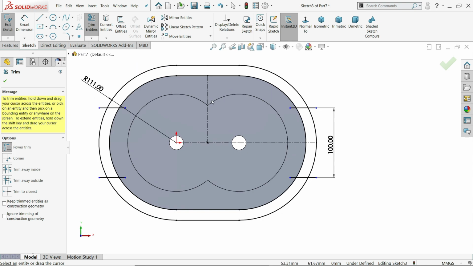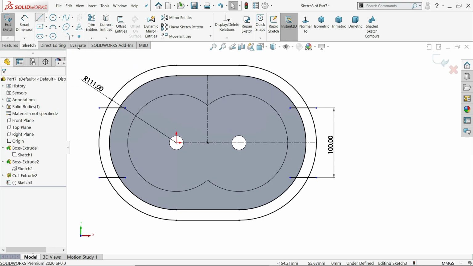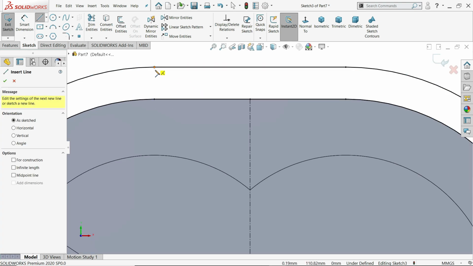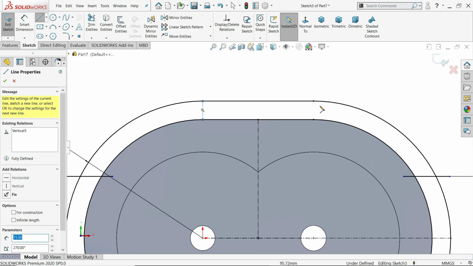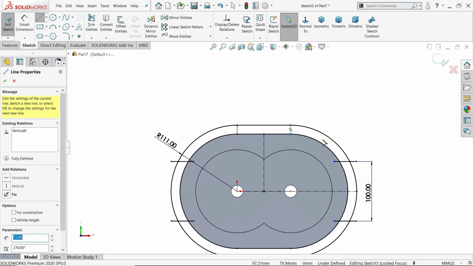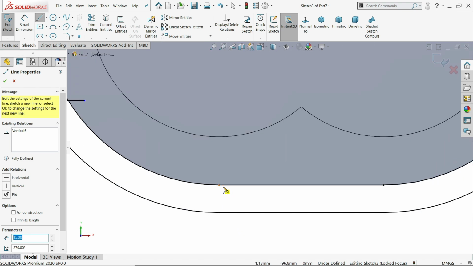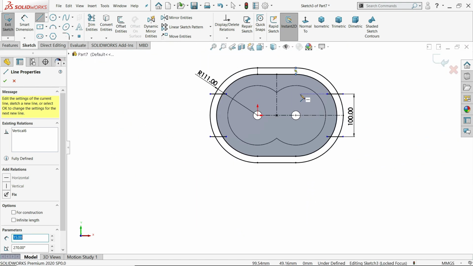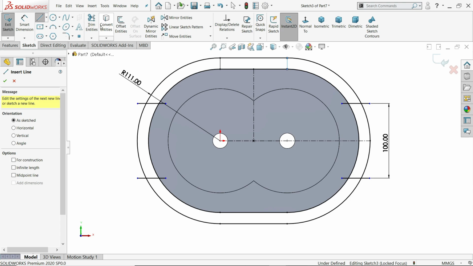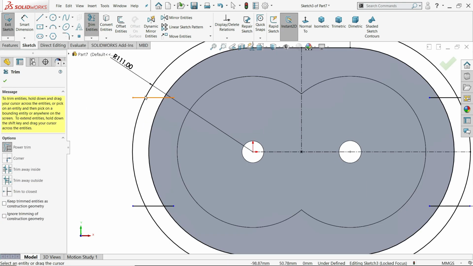Trim entities, okay, let's define trim later. First make close geometry. Now here no need, because we have only 3 lobes. Trim entity, now it's time to trim. Even though you don't need click power trim, move your cursor.